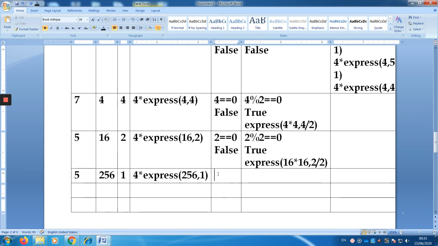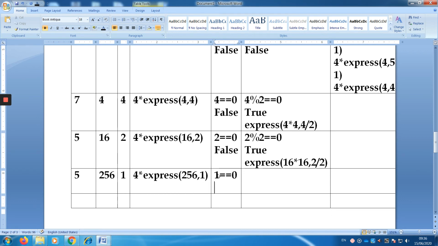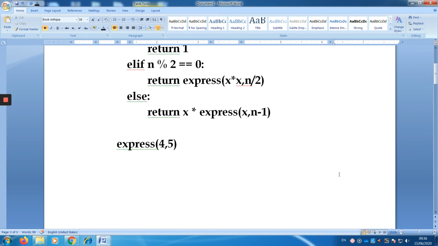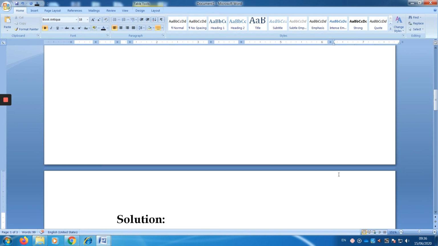When I move on to the first condition, 1 double equal to 0, the condition is false. 1 modulus 2, I am checking the next condition. That is also false. So I have to move on to the next condition. What is the next condition? My next condition is x into